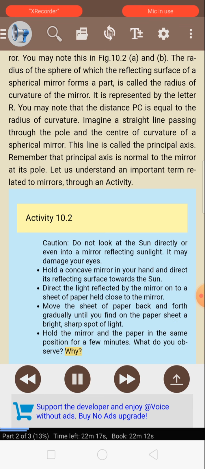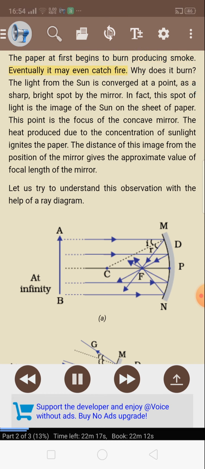What do you observe? Why? The paper at first begins to burn, producing smoke. Eventually it may even catch fire. Why does it burn? The light from the sun is converged at a point as a sharp bright spot by the mirror. In fact, this spot of light is the image of the sun on the sheet of paper. This point is the focus of the concave mirror. The heat produced due to the concentration of sunlight ignites the paper. The distance of this image from the position of the mirror gives the approximate value of the focal length of the